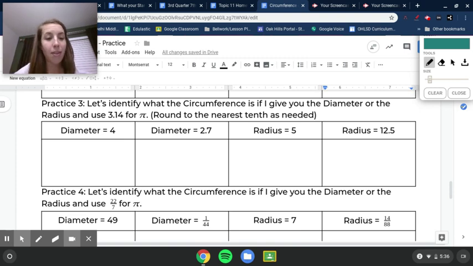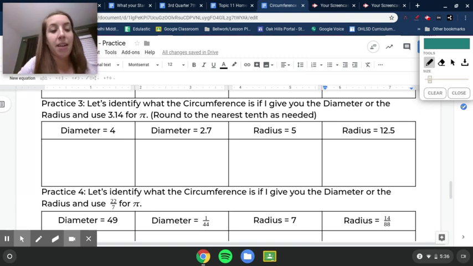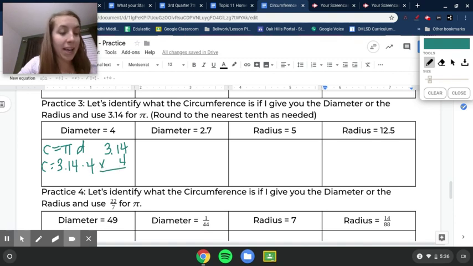All right. So same thing. Diameter is 4, and they want you to find the circumference. So C is equal to pi times diameter. C is equal to, instead of using pi now, they want you to use 3.14. So 3.14 times 4. If you put in your calculator 3.14 times 4, you're going to get